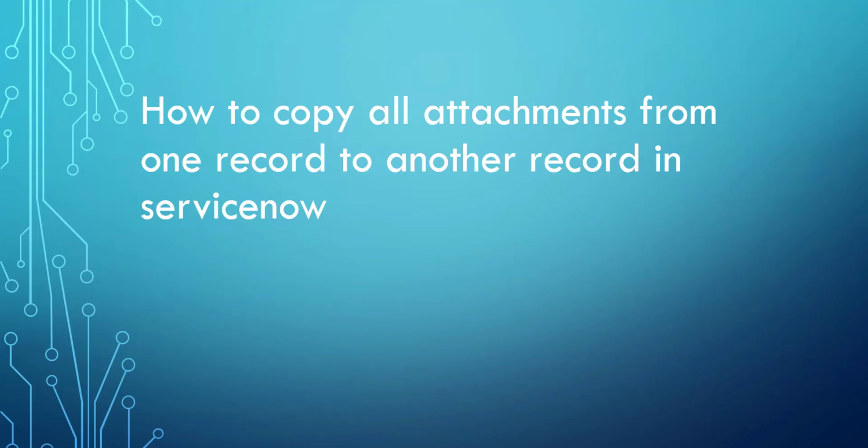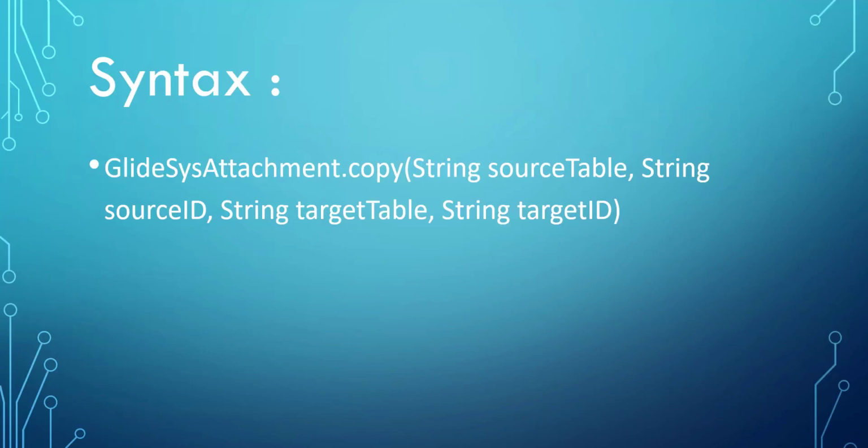Hello friends, today we'll discuss how to copy all attachments from one record to another record in ServiceNow. For handling attachments, ServiceNow provides an API called GlideSysAttachment. In that GlideSysAttachment API, there is a function called copy. By using that copy function, we are copying the attachment, and the complete syntax is GlideSysAttachment.copy